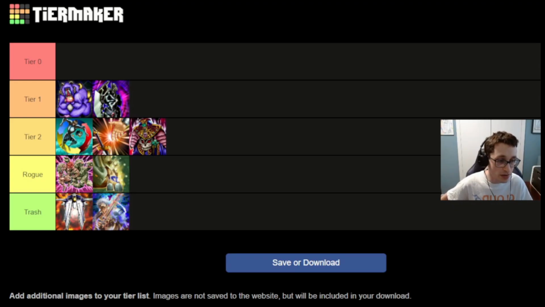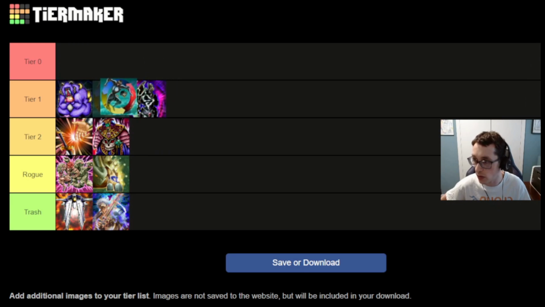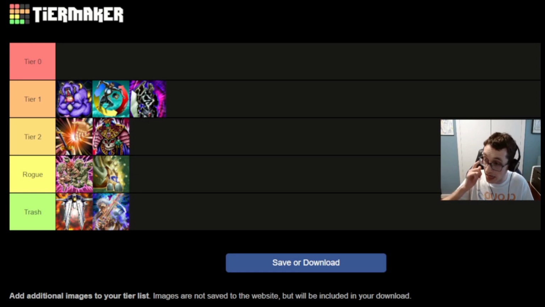So here's the last tier list I made for Fiber format, and it took actually opening this up to realize how old this tier list is, because in the time since this tier list happened, Recruiter Control managed to top multiple events. So I would place Recruiter Control in tier 1. I'm surprised that that wasn't there earlier, but I guess this was back when the last Gearfried list